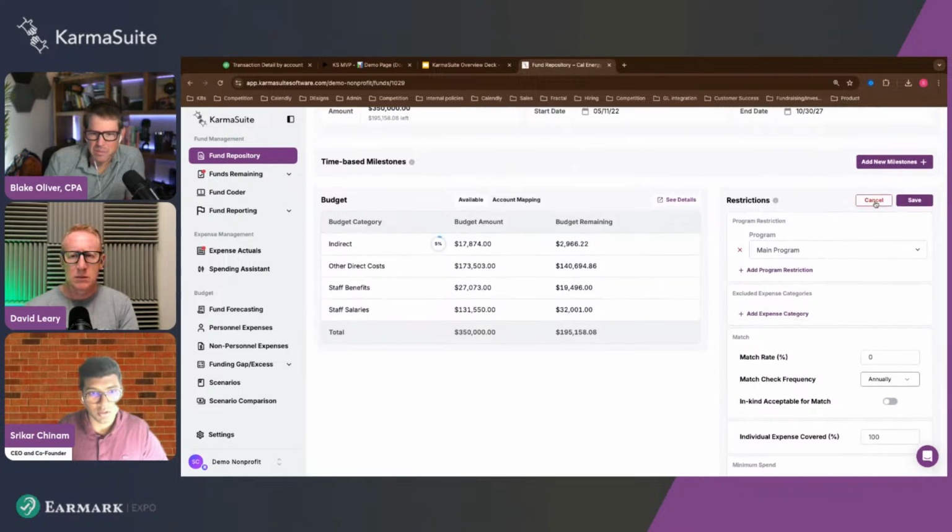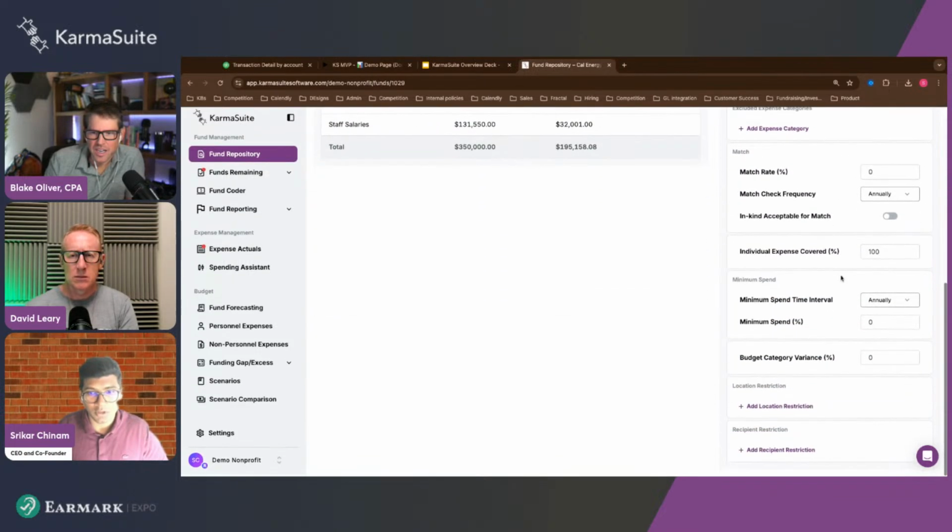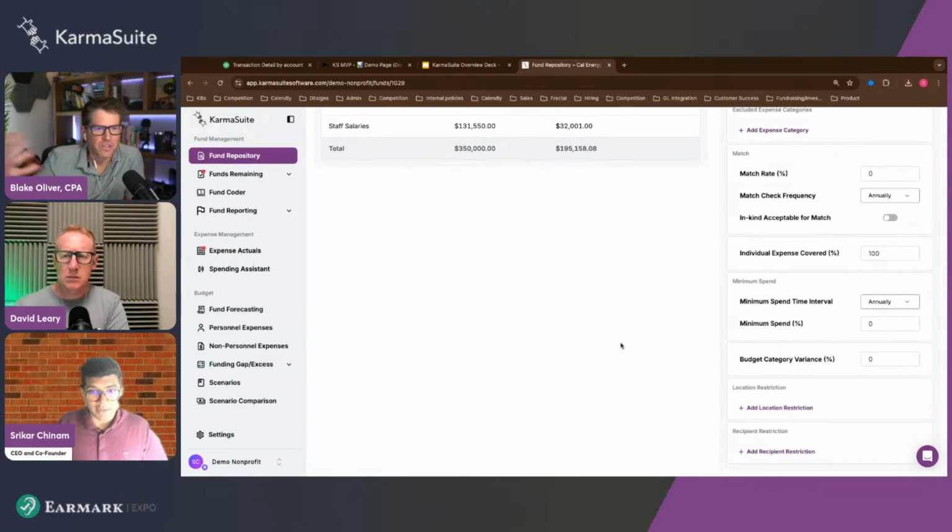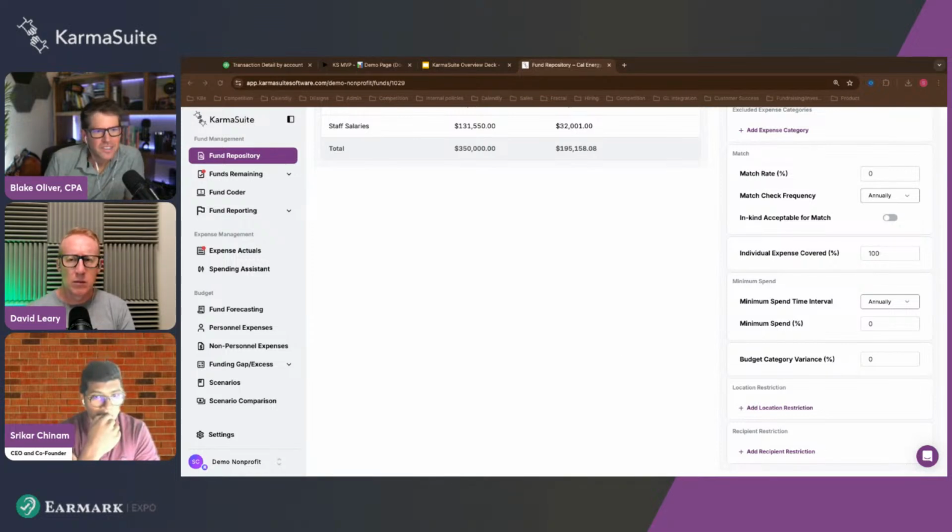And then you've got a minimum spend, and you can do that by time interval. I get a grant, and I have to spend X% of it every year. Right. This is real, by the way. Some of the grants they receive, if it's a 1-year grant, every quarter I want you to spend 25% minimum. If you're not spending 25% per quarter, that means you're underspending and you're going on a trajectory where